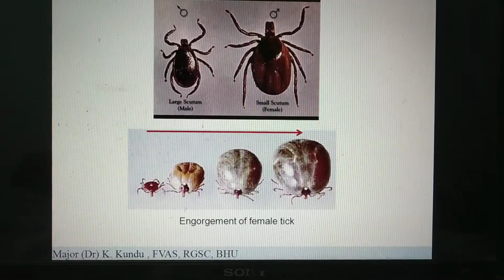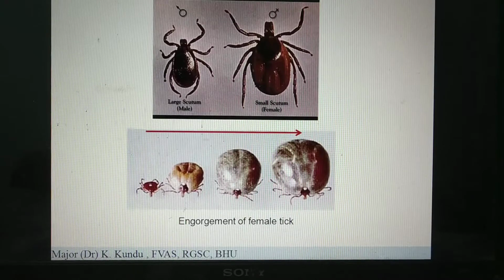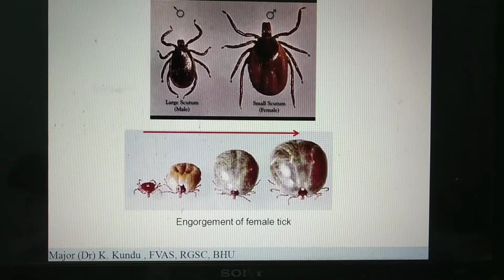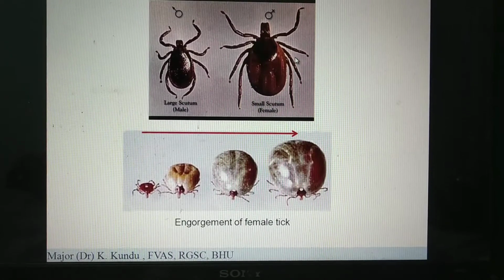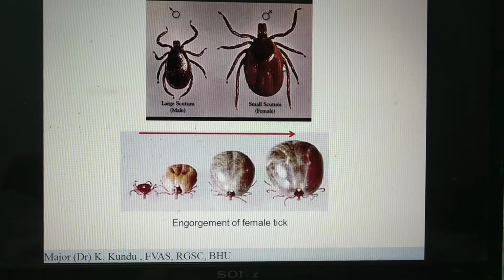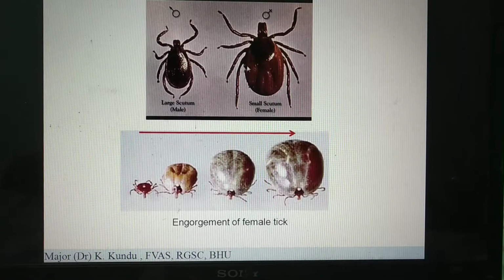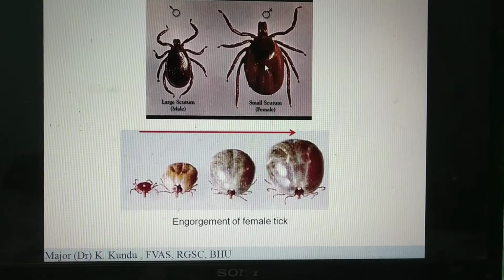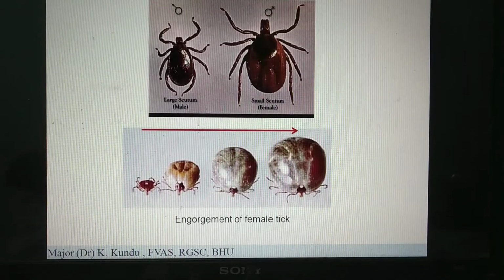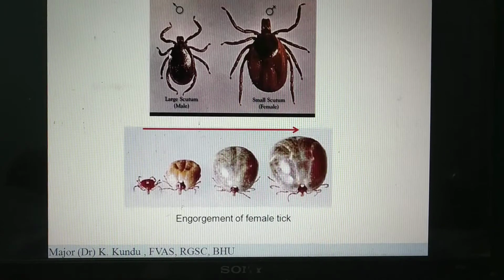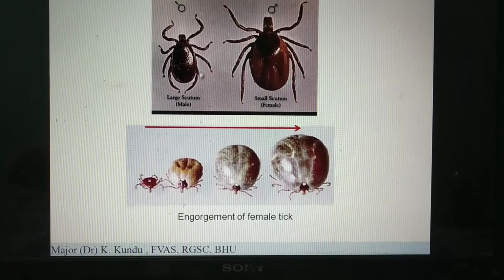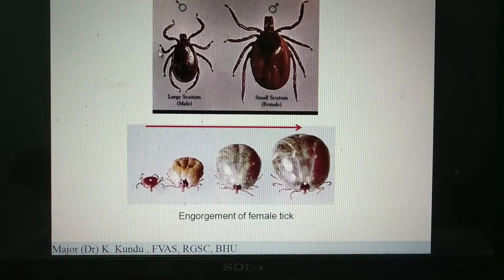Now hard ticks, as we know, come under the family Ixodidae, and as we have already discussed, the male and the female sexes can be differentiated. So there is a sexual dimorphism. What is the basis of this sexual dimorphism? You see the scutum. What is the scutum? The scutum is a thick, hard, chitinous covering present on the dorsal aspect, and in the adult male this chitinous covering of the scutum is complete.